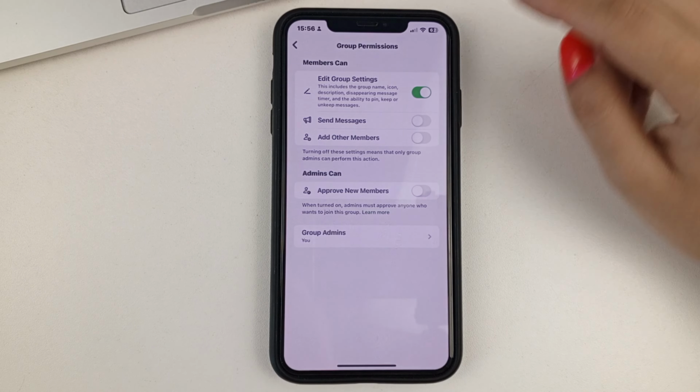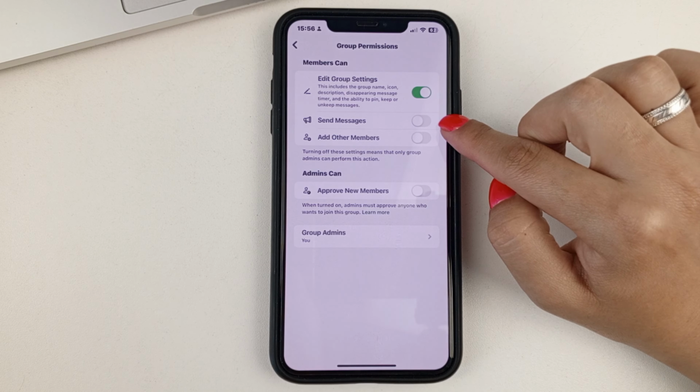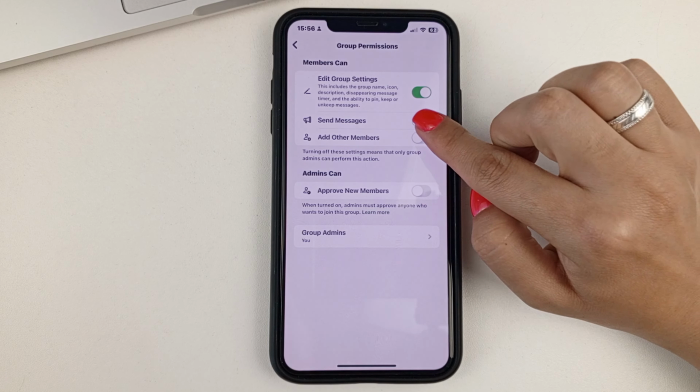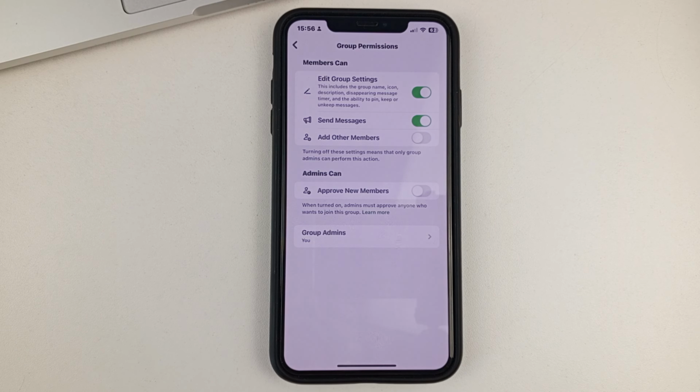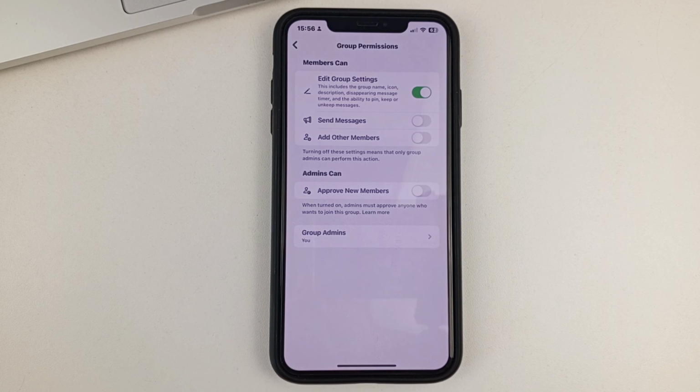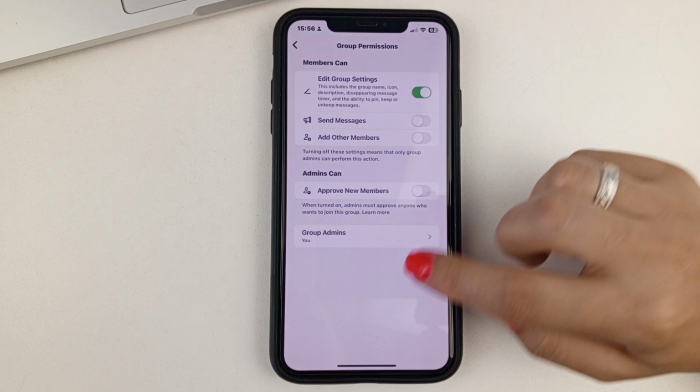And this is where you will be interested in this feature. It's the post feature. And if you want other members to be able to send a message, then you will need to activate this feature by clicking on the button. If on the contrary you don't want them to be able to do that, then deactivate this button to prevent group members from messaging your group.